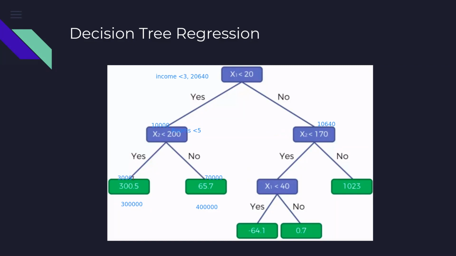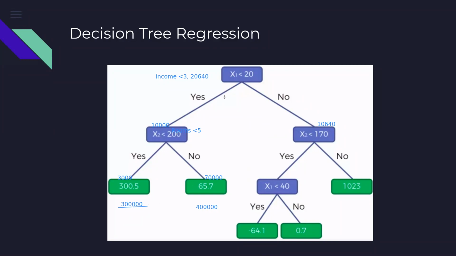Now for these 3,000, I know what is the price of the houses which are having this characteristic. It means what is the characteristic of the houses in this node? That is what we are seeing here. The characteristics of these houses is that these are the ones where the income of the people is less than 3 and where the number of rooms is less than 5. This is the characteristic of the houses, and the average price of those houses is coming to 300,000.